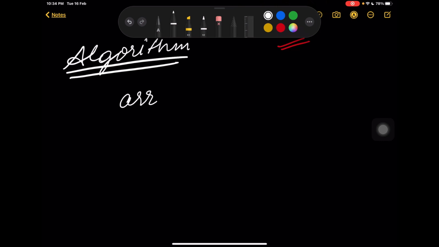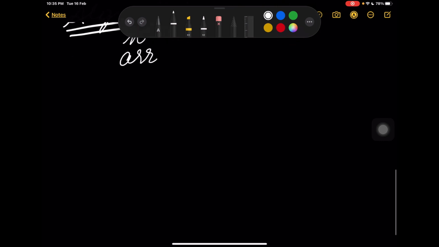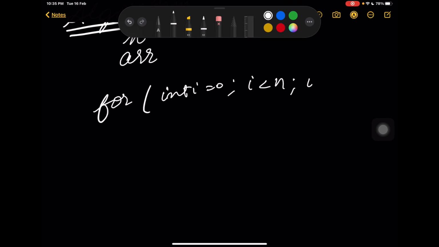So imagine I have the array and I have n. So what I have to do is I have to run a for loop. So since I'll be adding the adjacent elements, I just need to go to the second last number.